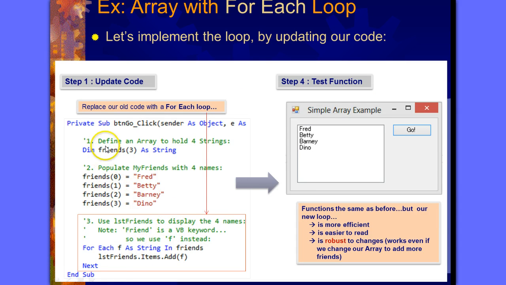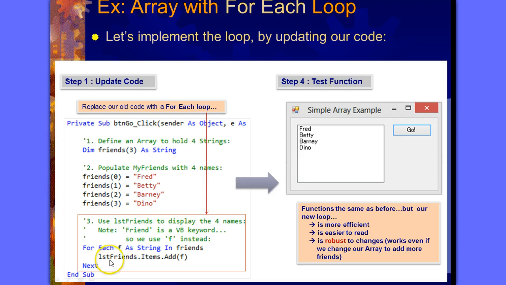So here we have the friends array. We declare it, then this is called populating it, which means give it values, give it 4 values for the 4 elements. And then we're going to do this for each loop. So for each f, remember I said you can call it anything, so here he's calling it f, as string, because these are all strings in this array. And then what did we want to do? We wanted to add each of these, Fred, Betty, Barney, Dino, that is friends 0, friends 1, friends 2, friends 3,